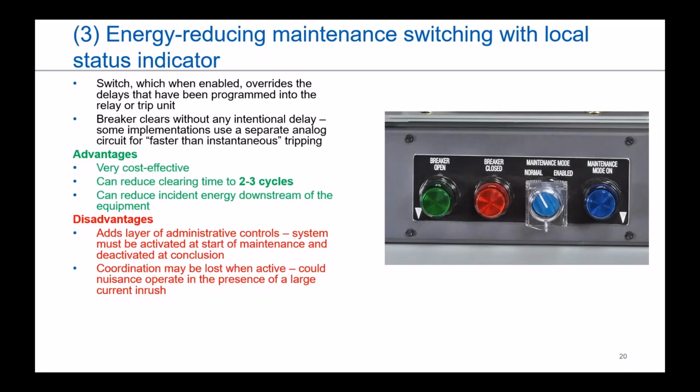I will say I have seen a couple of instances where that has not been abided by out in the field. They're lucky OSHA probably didn't catch them, because I'm pretty sure that would have been a red flag had they come across it. But yeah, administrative controls basically are defined as you can only have that in place at the start of and then at the end of basically maintenance, or someone being actively in front of the equipment. Once somebody is done with their work for the day, that's supposed to be turned off, and you go back to whatever your standard incident energy levels are for a piece of equipment.